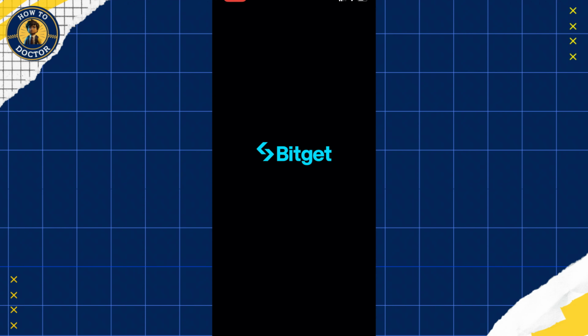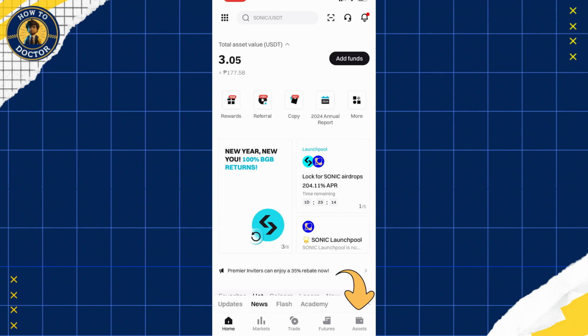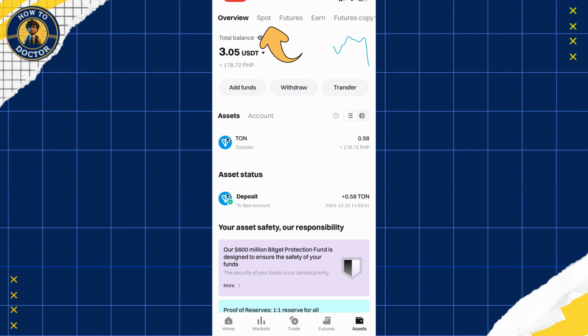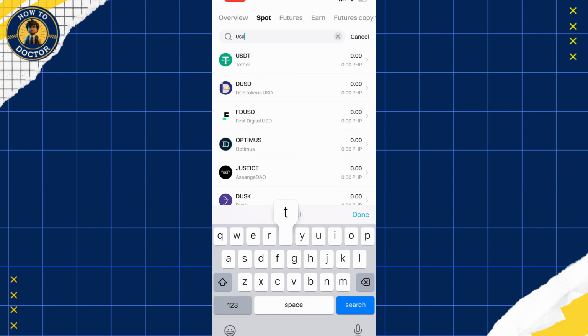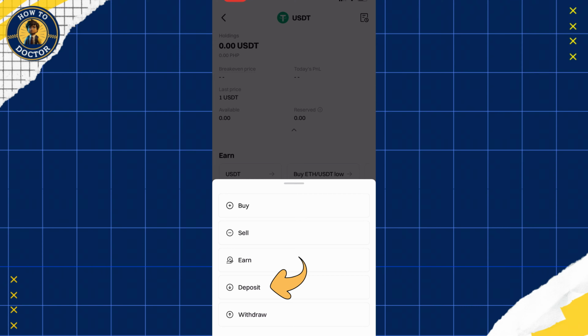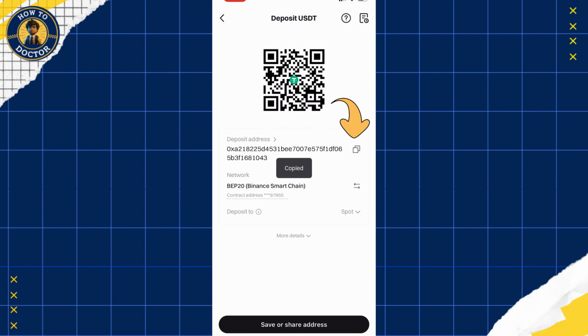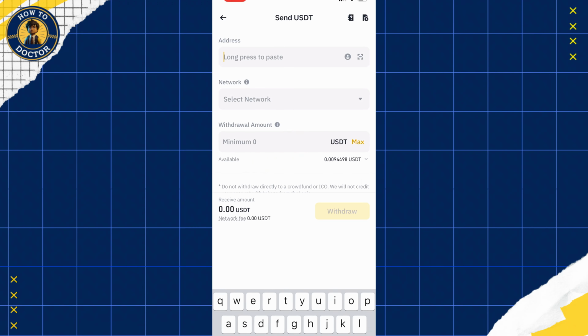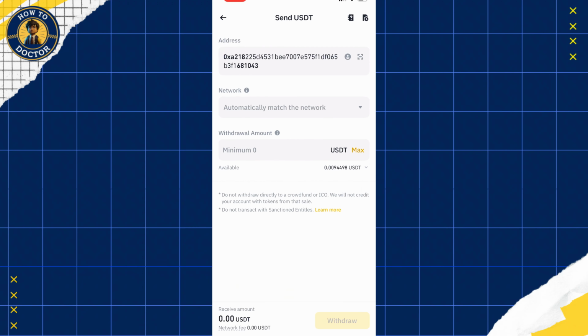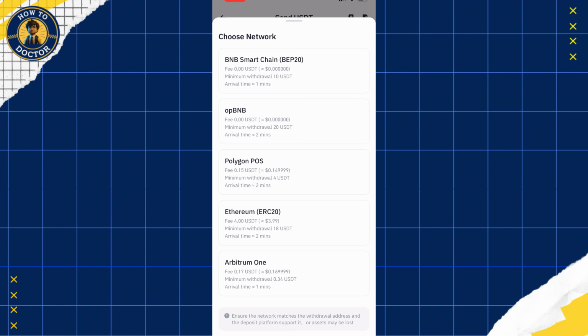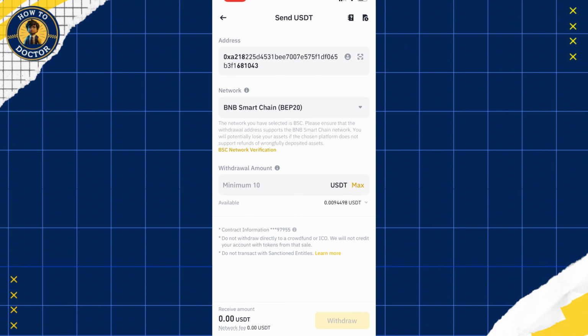Go over to the BitGet wallet, open the USDT tab and copy the wallet address. Or you can simply follow the things on the screen. After copying it, move back to Binance and paste the copied address. For the network, it should be the same as the network you chose in the BitGet app on the wallet that